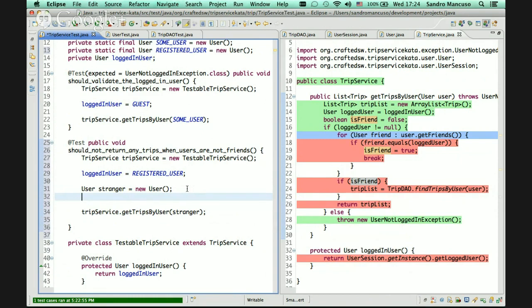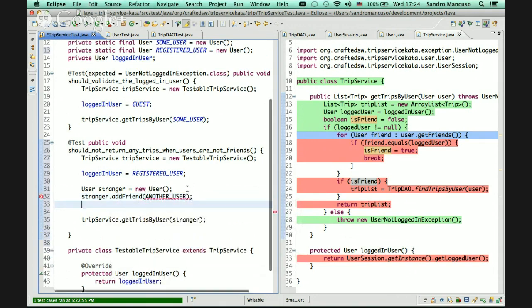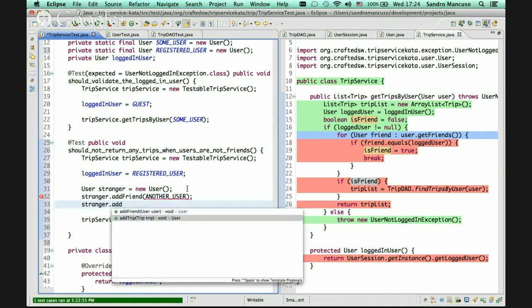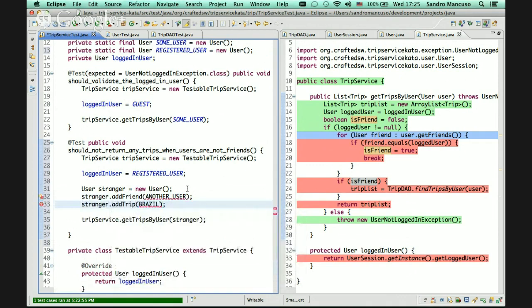So let's create some of them. So now I have a stranger that is friends with another user, has a trip to Brazil, and